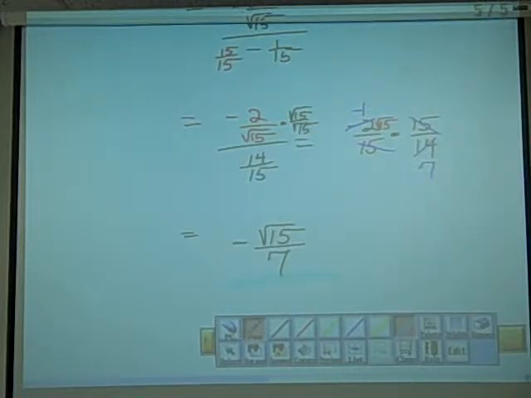We have, on problem 36, we want to find the half angle identities for sine, cosine, and tangent. And for 36,